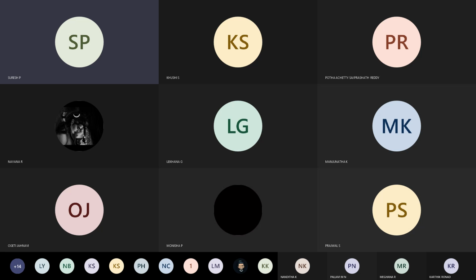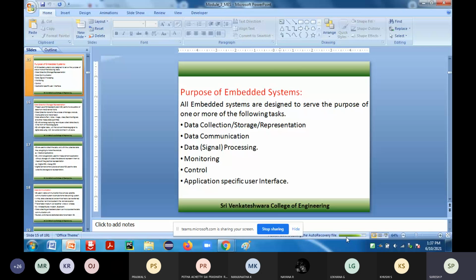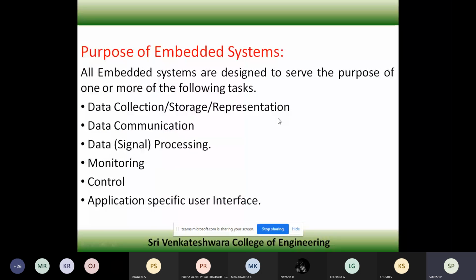So I briefly covered it in yesterday's class. What is the purpose of the embedded system? We have seen that the embedded system is designed to serve the purpose of